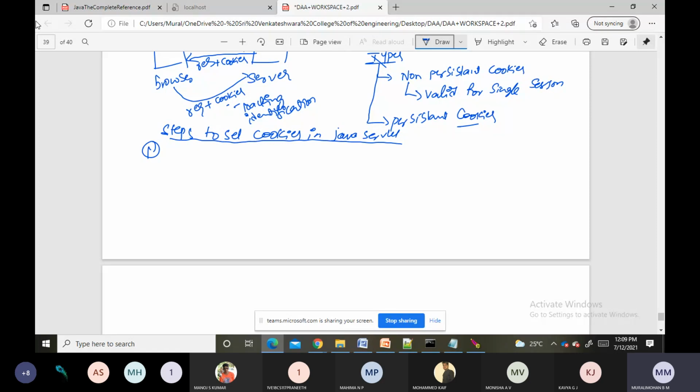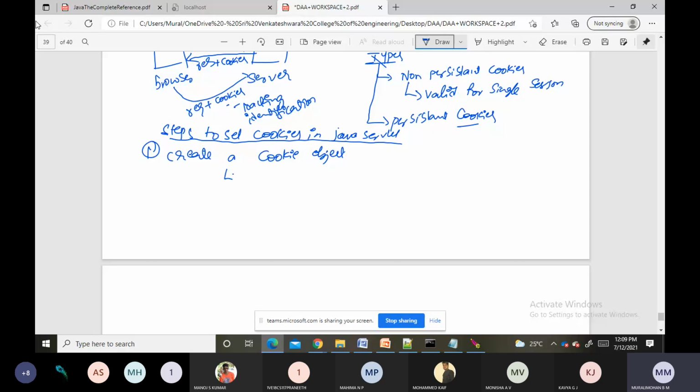The first step is to create a cookie object. Kindly observe here. The first step involves creating a cookie object. We can call a cookie constructor to create a cookie object.